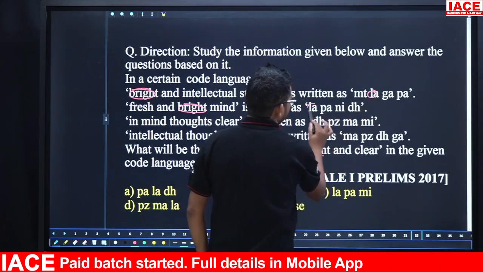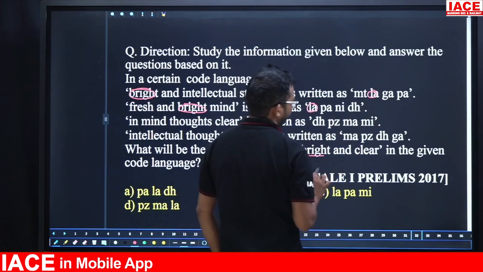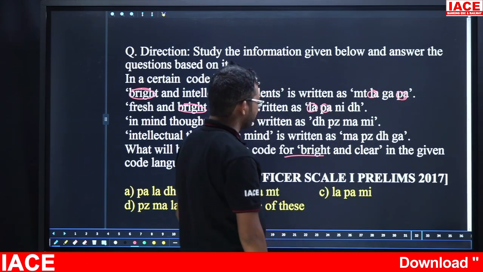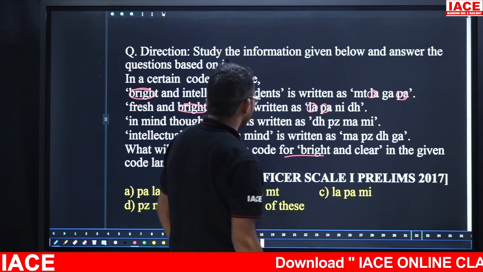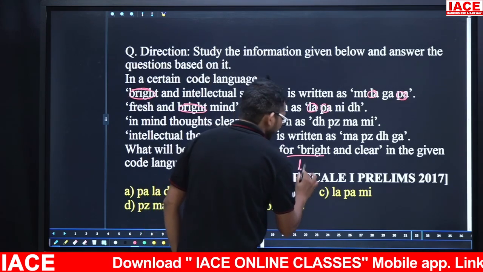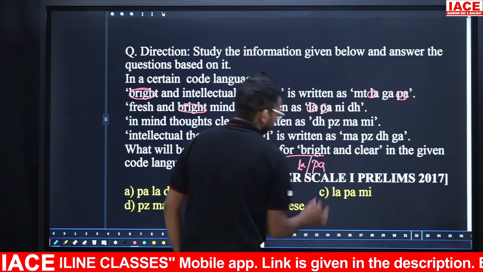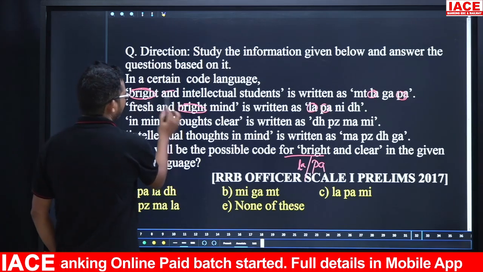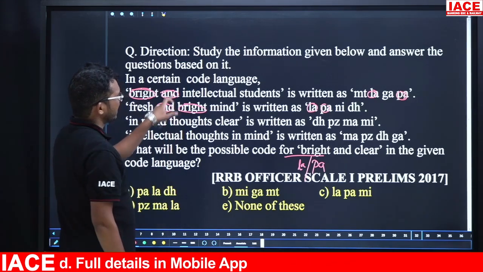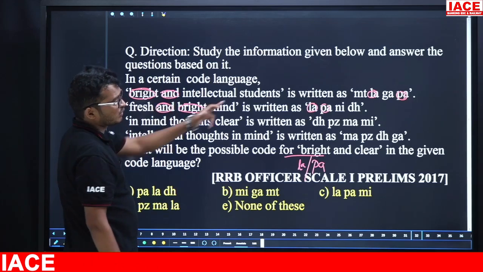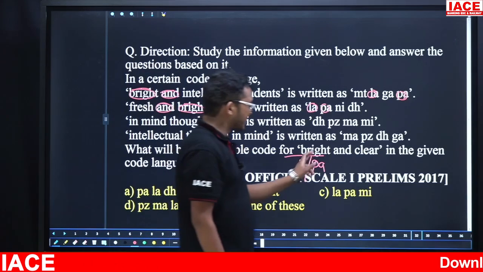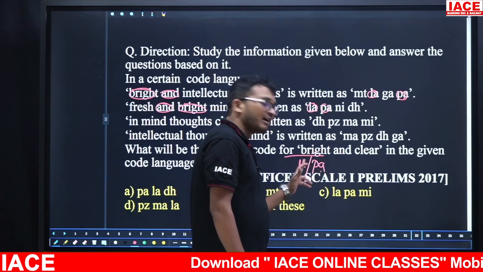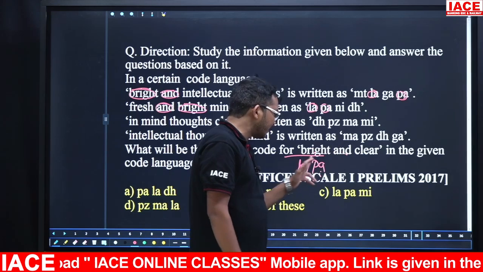LA is there. Here also we are having LA. GA not there. PA. Friends, here we are having PA. Next, here also we are having PA. PA is present in the remaining lines? Not there. That means the code for bright is LA or PA. Next one, and. Where is and present? Here we are having and, here also we are having and. So in these two lines the common information is and, and the common codes are LA, PA. That means for bright and, the codes are LA, PA. The bright code is maybe LA or maybe PA, and the and code is maybe LA or maybe PA.